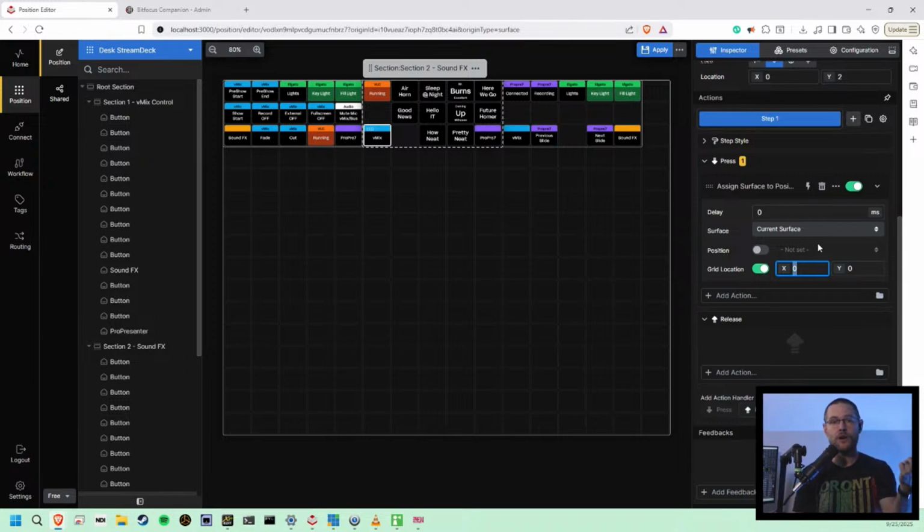So if you want to require somebody, which you can do in Companion, by the way, you can design it to look like it has a passcode. You punch in your code, you hit enter, and it then loads the profile that your user profile is permitted to use, which again makes a ton of sense because